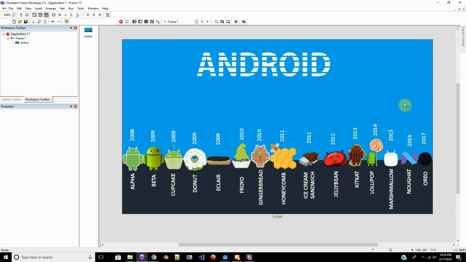spread of Android users because I know not everyone is going to be on Oreo since it was just released last year. It usually takes some time for things to pick up for Android. I think like 30% of users are using Oreo or something, and most of the people are using Marshmallow and Nougat. So that's what you guys have to look forward to.